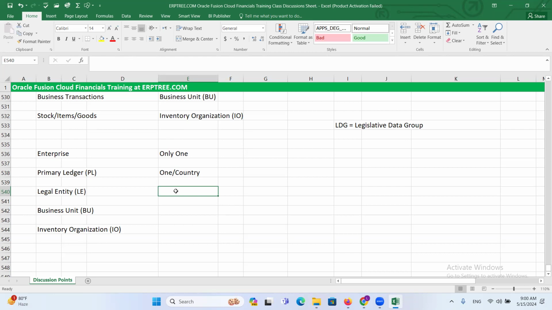When you look at legal entities, in one country you may do multiple businesses, but since the country is the same, one registration is enough. If you want to go with multiple registrations, yes, you can. It's one or multiple; that is a client decision. They have already taken the decision and they are running the business. When we are mapping and moving this data into Oracle,